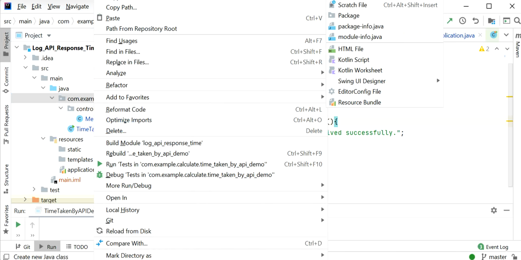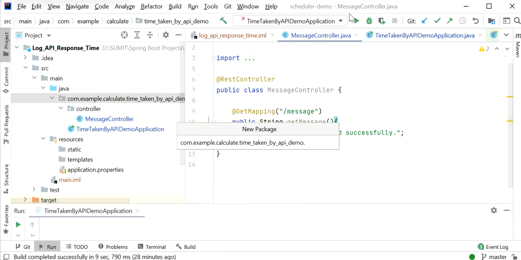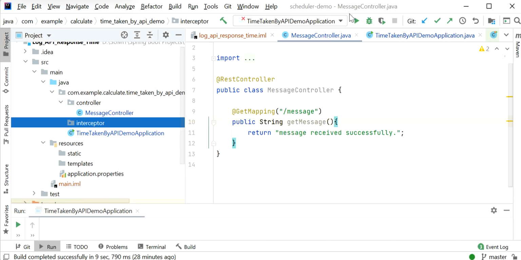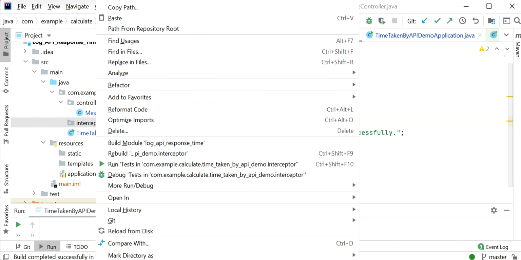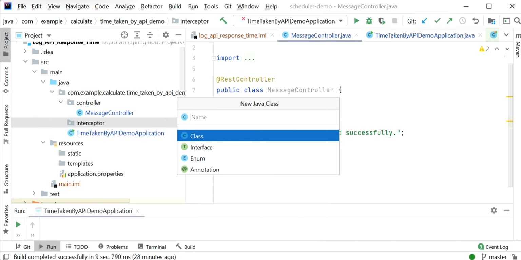Here I will create one new Java class. If you have already created an interceptor, you can add the same code in the existing interceptor, or you can create a new one. Here I am creating a new interceptor because I have not created any interceptor before.